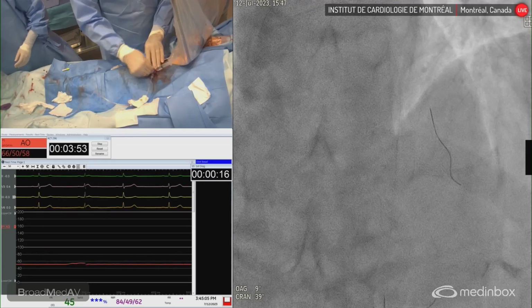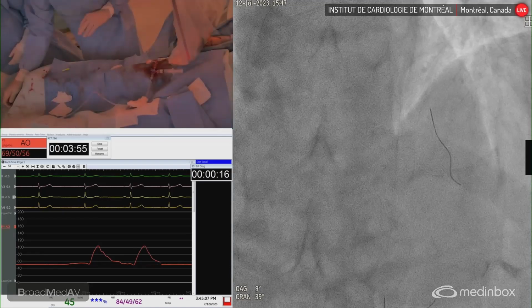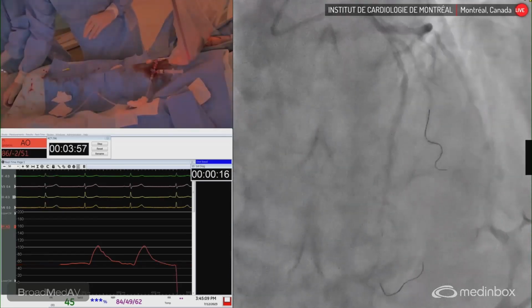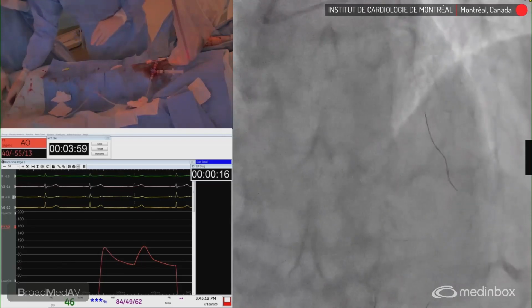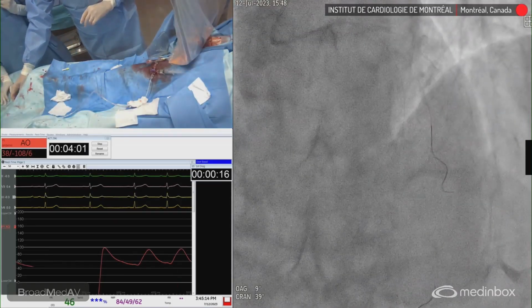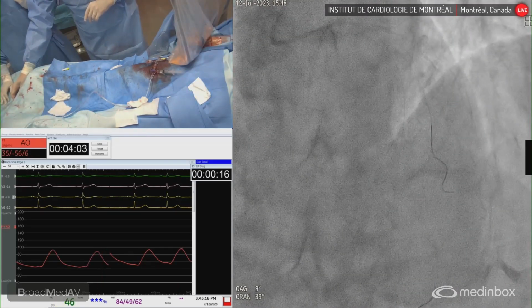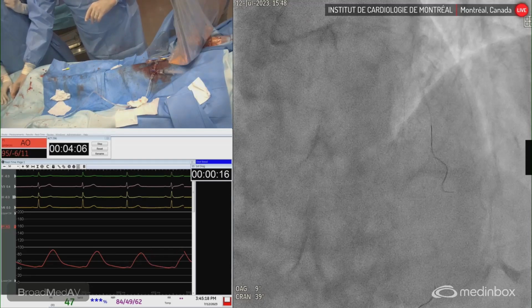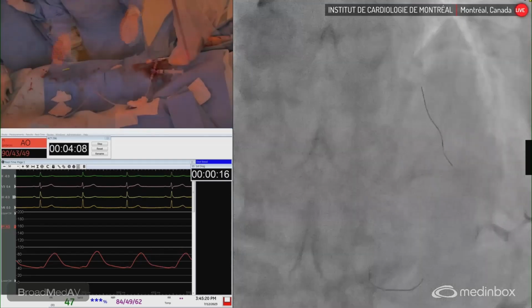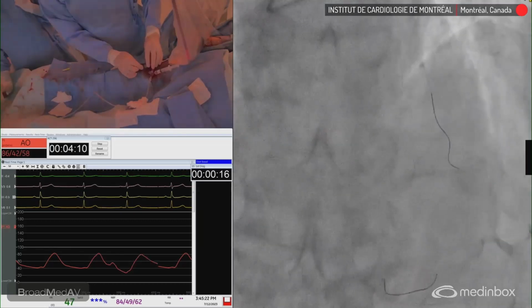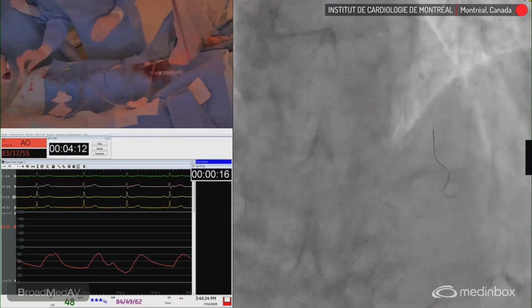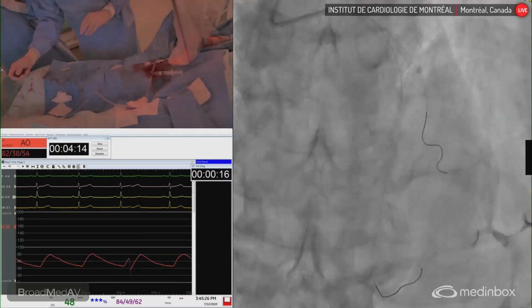For those of you who know me, I'm a big fan of nitro because I think it's part of the angiogram. We need to neutralize the vasomotor tone, which is quite often a significant issue, especially in the acute STEMI setting. Of course, now it's not the acute setting, but it's still recent. So we're going to try to see if we can have